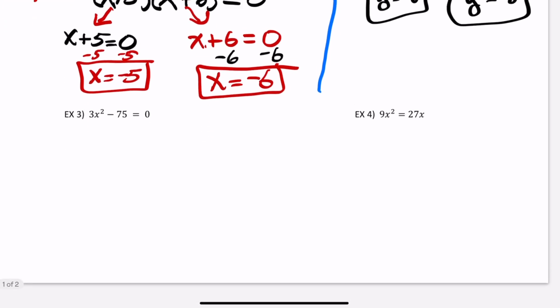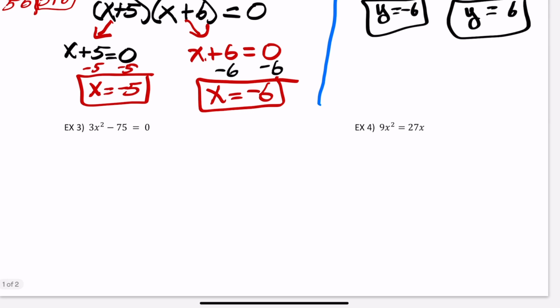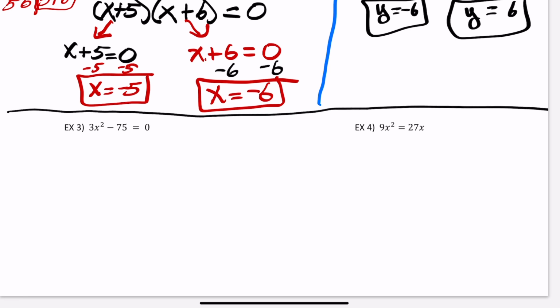Now we're going to look at example 3. In example 3, this one is a second degree, so it's a quadratic equation. Highest exponent is 2. I'm looking for 2 answers. It's not a trinomial. It is 2 terms. It is subtraction, but it doesn't meet my 2 conditions, subtraction and squares, because 3 is not a perfect square and neither is 75. So if it doesn't meet your 2 conditions, then you need to back up a step